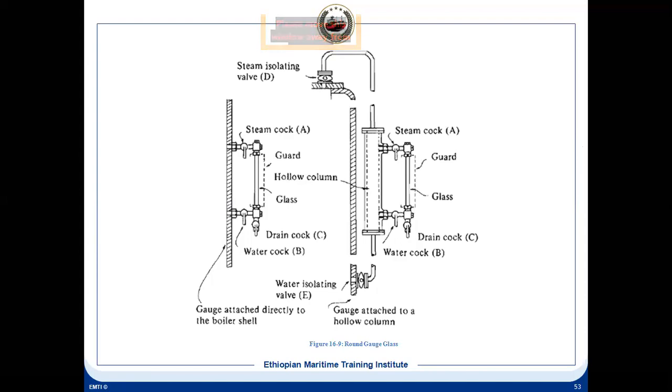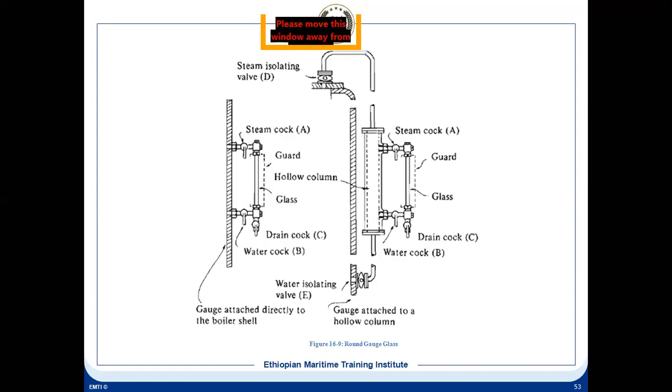That means if, for example, the gland of the cock has started leaking, or the cock itself has started malfunctioning, that means the cock is not holding anymore. To carry out any maintenance on cock A or cock B on the left hand side design, you'll have to shut down the boiler and bring the pressure down to 0.